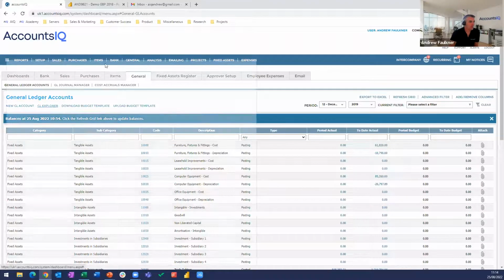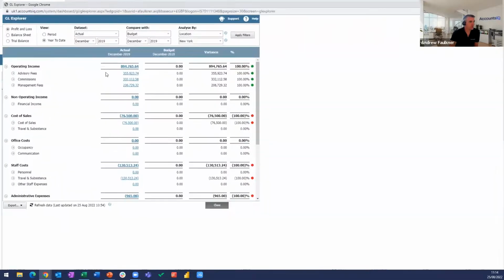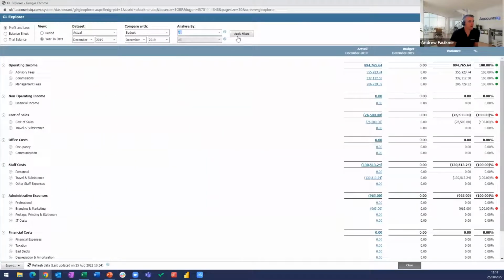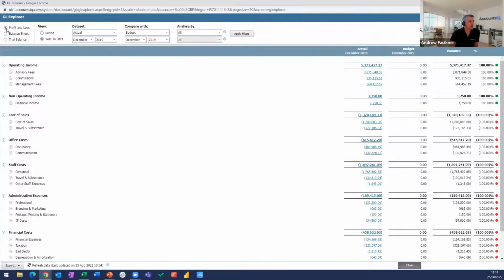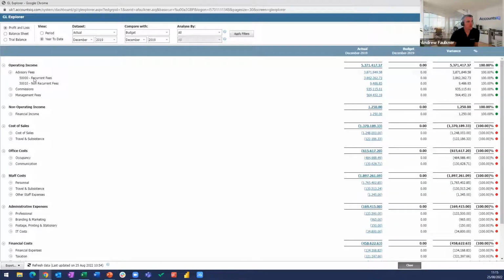Very quickly, if I just open this GL Explorer screen, what you're looking at on this screen is a couple of parameters I can choose across the top. So I've chosen P&L. I'm looking at year to date. I'm looking at actual December 19. What we've got is our GL structure on the left. So I've got my category, my subcategory, and my GL code below that. And I can drill into these and see the actual transactions that in this case are making up the